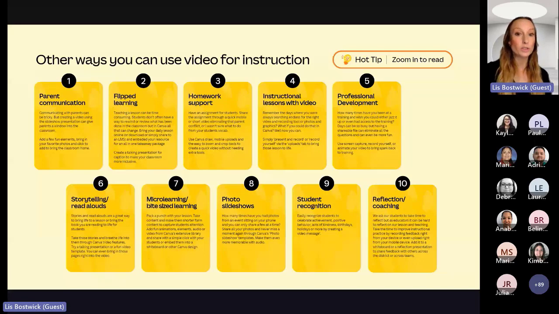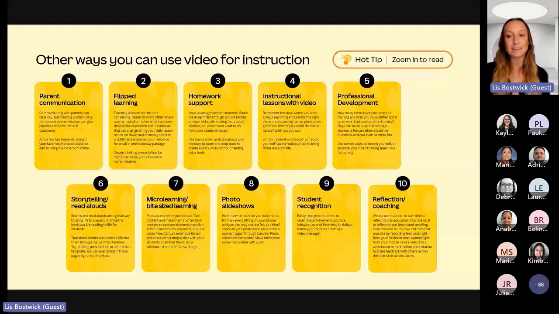But for homework support, I used to have my students, and it was a center activity, because number one, they were practicing math, but number two, they were also integrating technology and helping to build our class newsletter. We would have a center where students could make mini tutorials of anything that we were doing that week. In ELA, if we were focusing on main idea, they might include a picture and a video recording of what the main idea is and how do we find it.